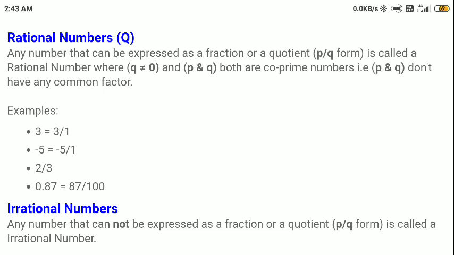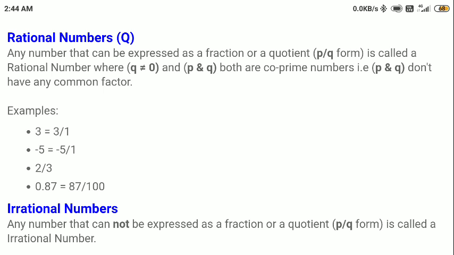So here p is 3 and q is 1, because for any full number, whether it is a whole number or even a decimal, we can write it by 1. Similarly for -5 also, -5 by 1. So these two fractions show the rational number p by q form, where p is 3 and -5 and q is 1 in both. That is how these two numbers are examples of rational numbers.